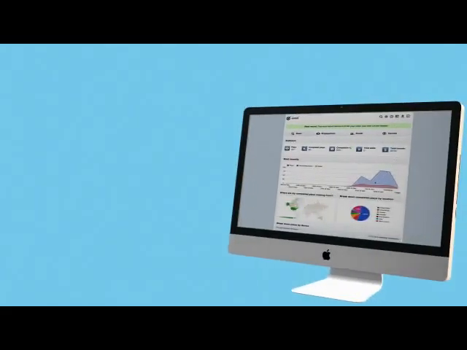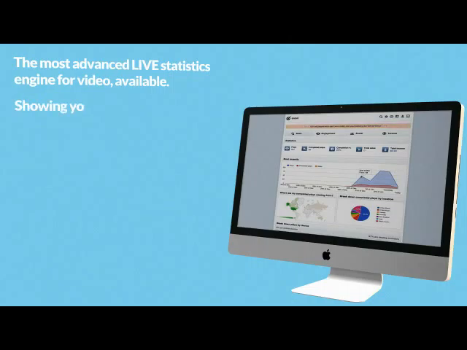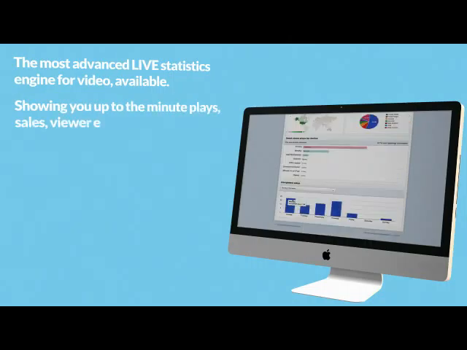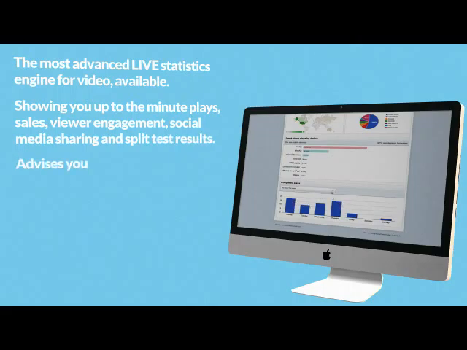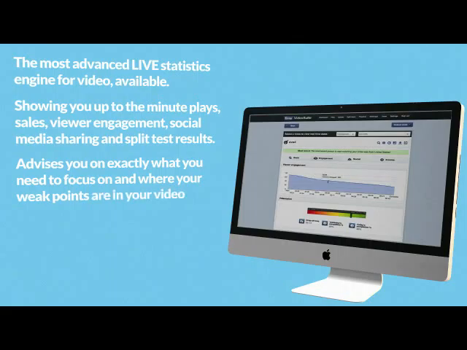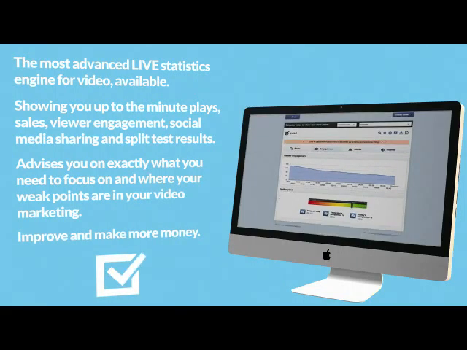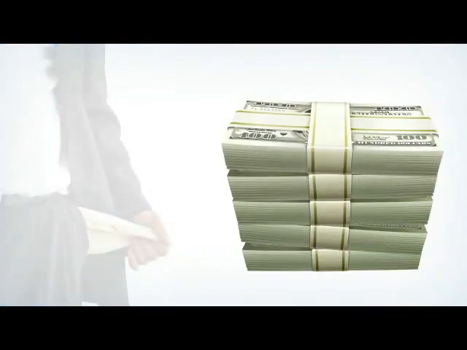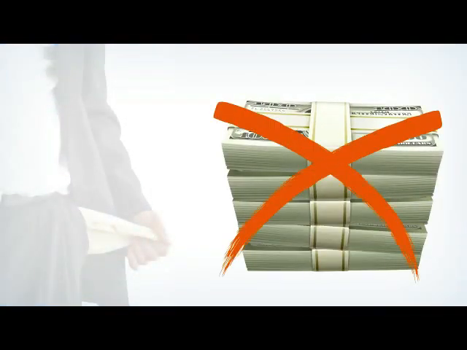Absolutely. And finally, the most advanced live statistics engine for video available, showing you up-to-the-minute plays, sales, viewer engagement, social media sharing, and split test results. It even advises you on exactly what you need to focus on and where your weak points are in your video marketing so you can improve and make more money. Check. You don't have to pay hundreds of dollars per month or struggle in vain to juggle a range of